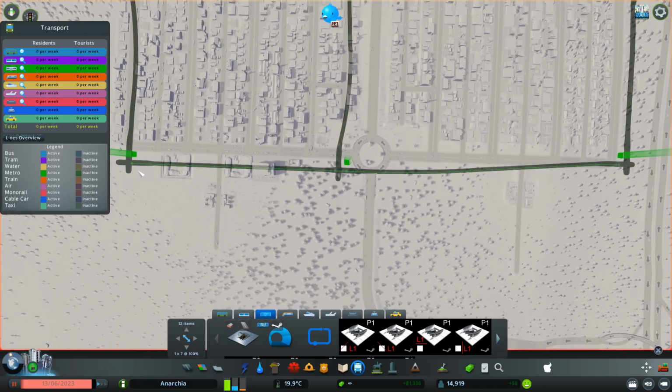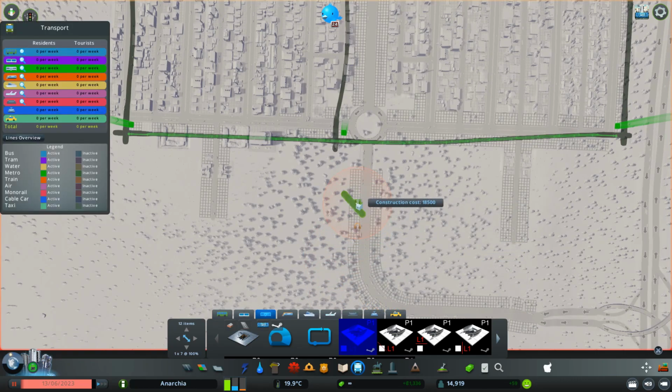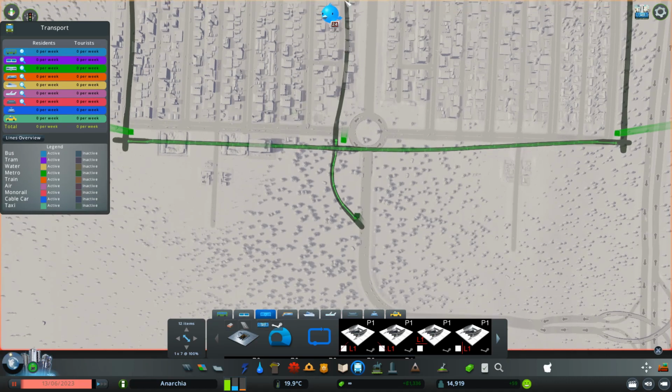So what I do is I go and complete this line, and now in order to have a line running through this track, we need to build a little dummy station out here. And then we go ahead and connect this up. And once that is connected, we can grab our metro line tool again and go ahead and put this line